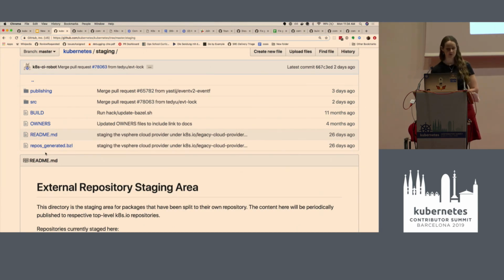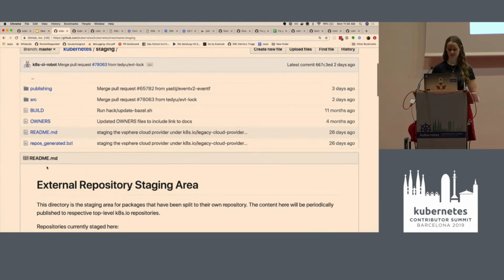I personally got really confused by the name staging because to me staging is something that happens in CI. Forget everything you know about staging. This is the place where code lives before it gets separated out. It gets worse. We also have,